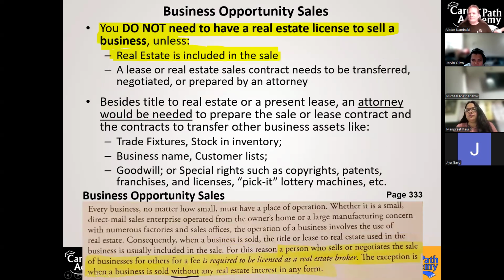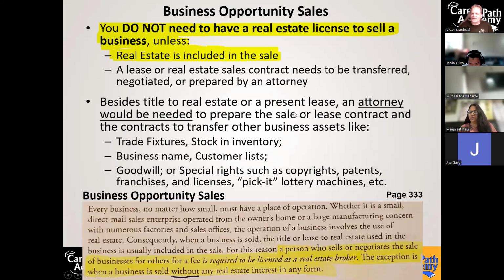You do not need to have a real estate license to sell a business unless real estate's involved. But look, when selling a business, what kind of property are you selling anyway? Commercial? So we don't prepare the contracts for those things. We could market them to try to sell them, but we don't prepare the actual contracts. So